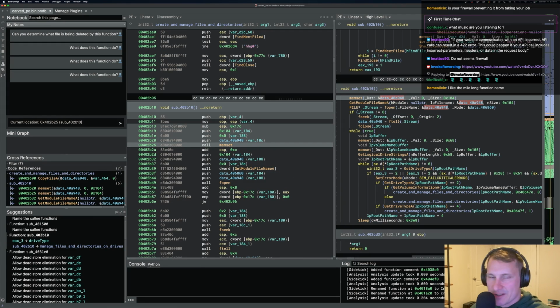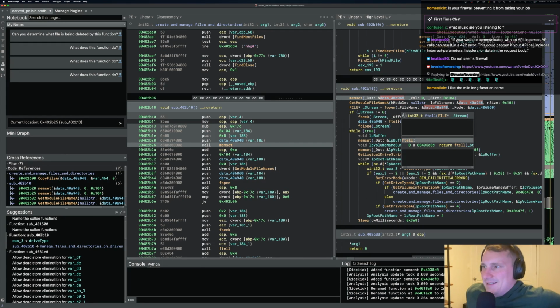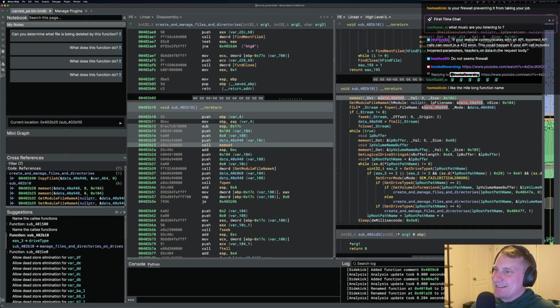I like the mile long function name. Me too. It's very descriptive. I don't usually have function names that long, but